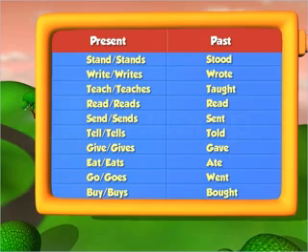This table shows some such verbs: present, stand or stands; past, stood; present, write or writes; past, wrote; present, teach or teaches; past, taught; present, read or reads; past, read; present, send or sends; past, sent; present, tell or tells;